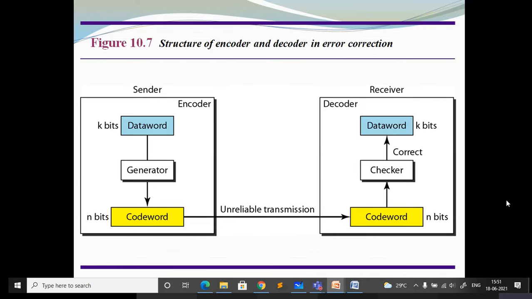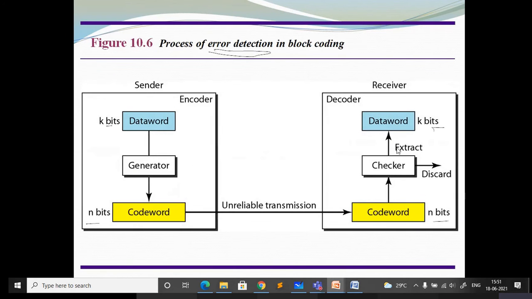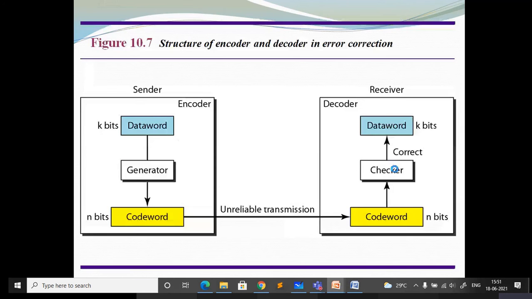Okay, so this is an example of error correction. It is almost similar to what I told for detection. Only thing is you can observe here what happened in this diagram. If it is only error detection, it will check for the error. If there is an error, it will discard the message and ask for retransmission. In case this checker also includes the correction, you can see here there is no discard. It is going to correct the error. Once the error is identified, it is going to correct the error and the valid data is delivered to the